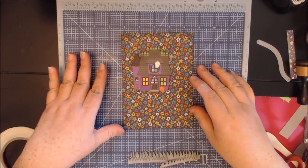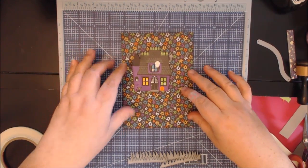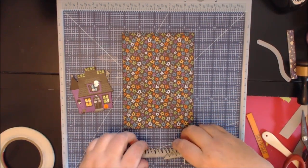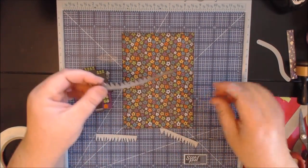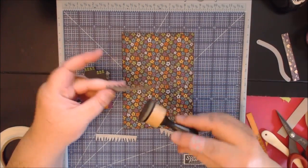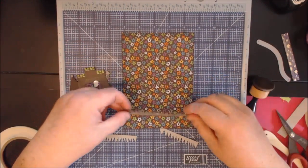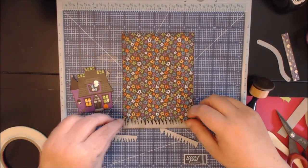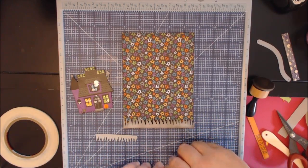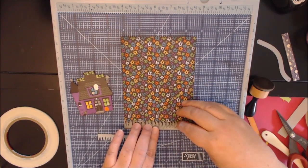Okay, so now I'm going to start lining up where I want everything on here. Oh, and I forgot to mention that I did use some black pigment ink, and I went around with my distresser, and I just made it look a little more creepy. So basically I've got about 3 of these. You're going to need your score tape, but not just yet. Let me explain to you why. Because you don't want to have to run this through and get all mashed up from your